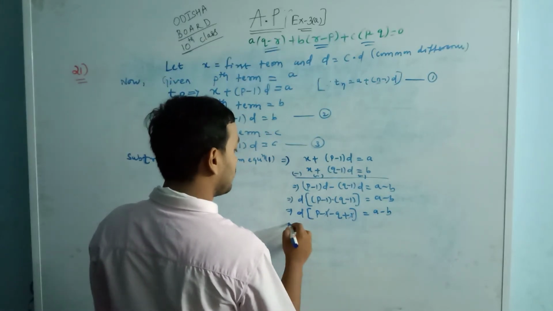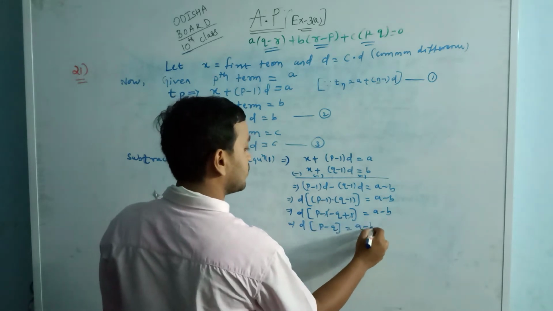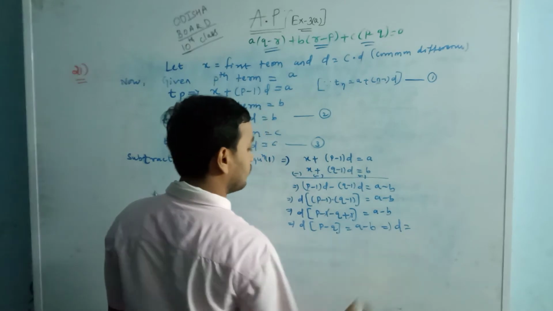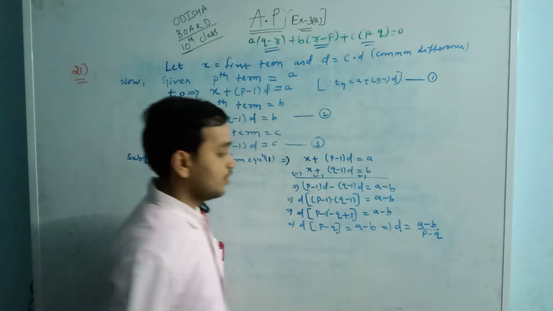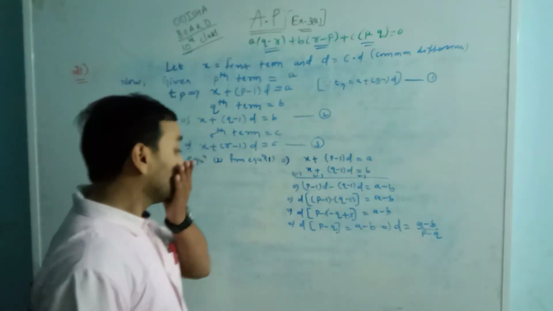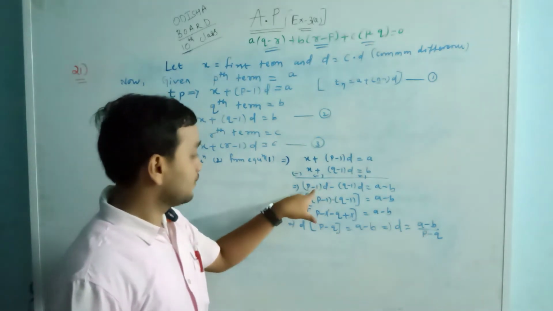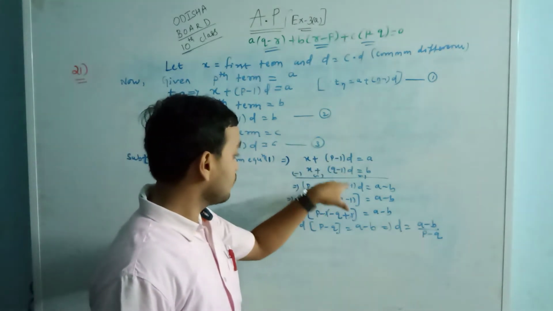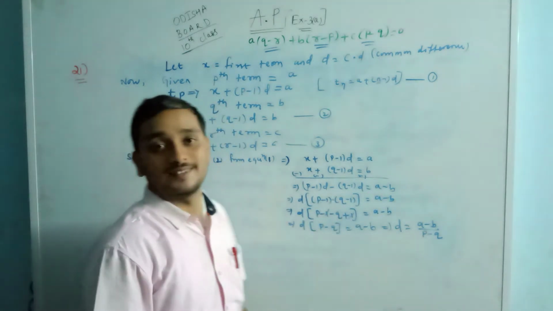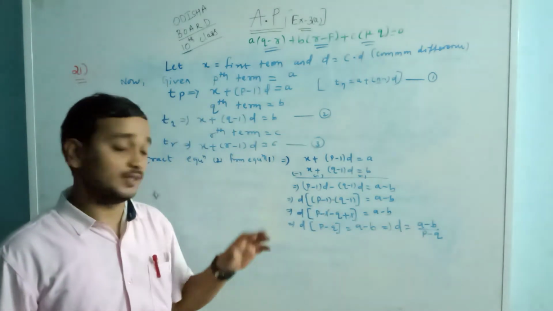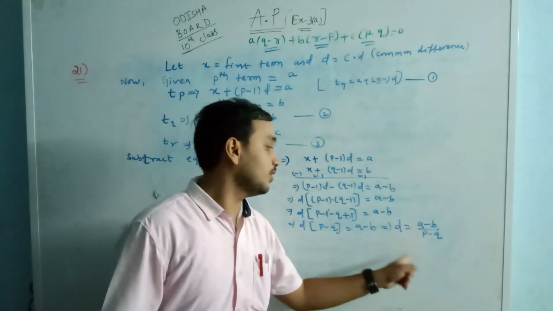Minus 1 plus 1 will be cancelled. So D is equal to what? P minus Q, A minus B. And D is equal to A minus B over P minus Q. Sorry for this mistake. See, subtract correctly, then P minus 1 D minus Q minus 1 D, A minus B, take this common D. What we have done, we multiplied it, but that is not multiplied, there is a minus symbol, that's why we subtract. Now find the value of D.